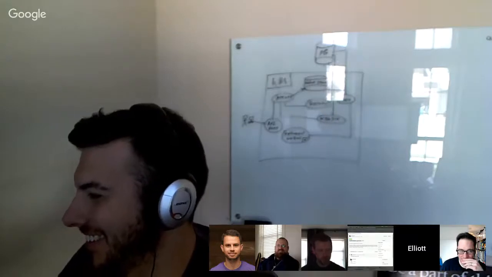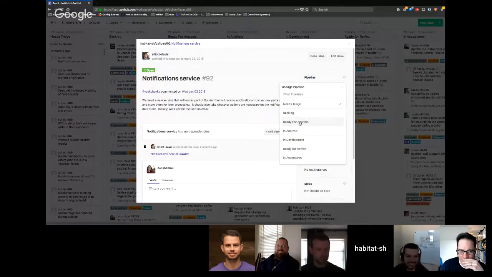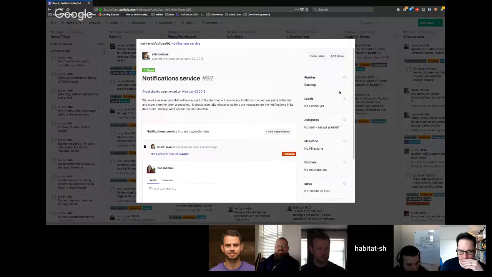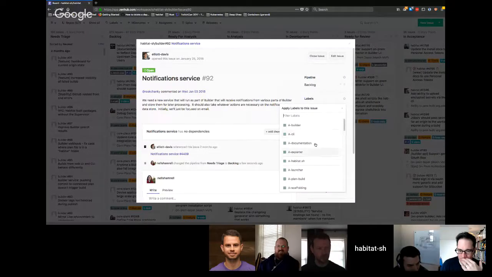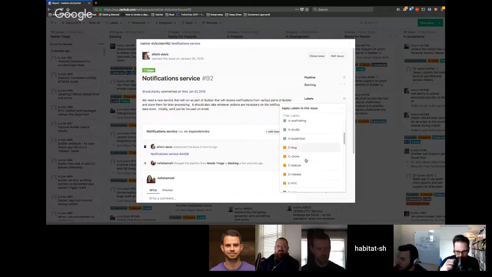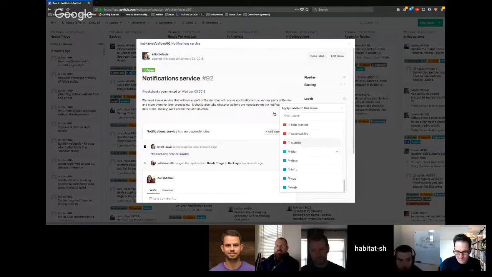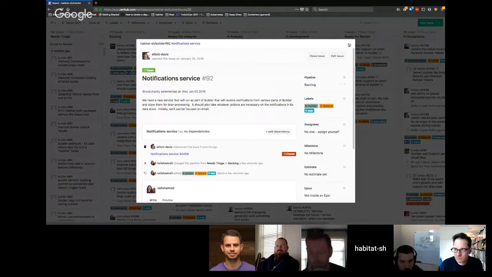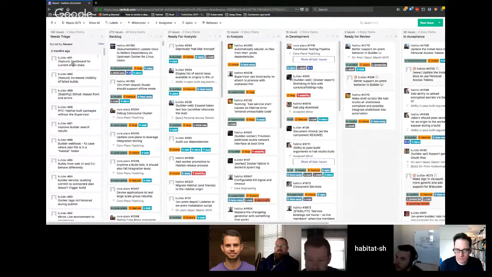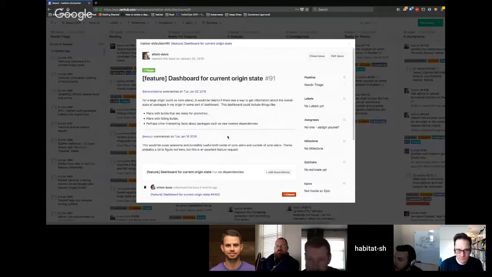Yes. All right. Let's do backlog. Labels. This sounds like builder. Sounds like a feature request. And it's in the builder vertical. All right. Dashboard for current origin state.